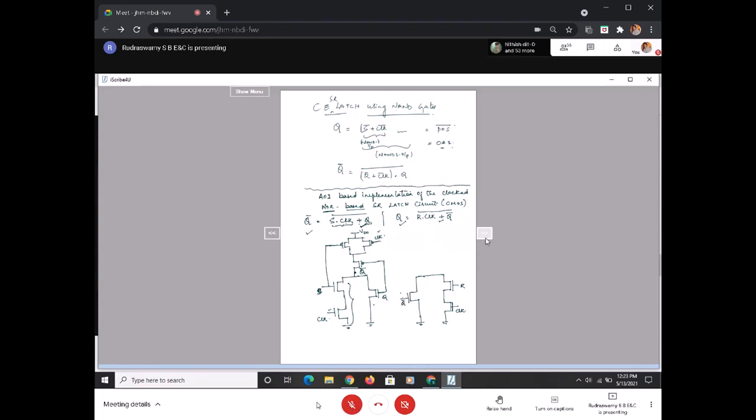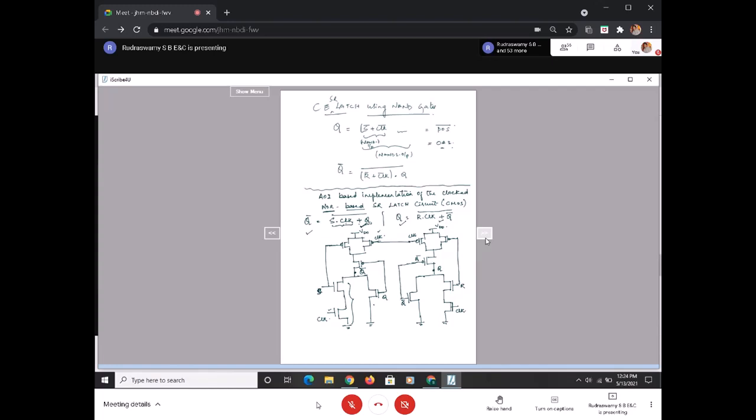I have the N structure, then I have to construct the P structure, and the series of N becomes a parallel in P. VDD. So these two are R, and this is my clock. These two clocks are the same, I can just make sure they are shorted, and now this should be in series with, this is Q, and this should be the Q bar.